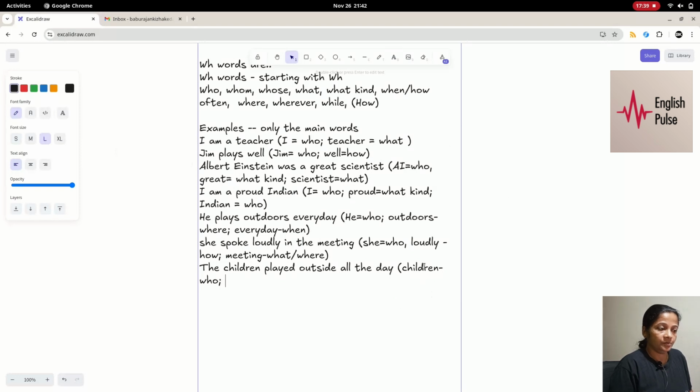Played is the verb. Outside, outside represents where, place, right? All the day represents when. Okay, now